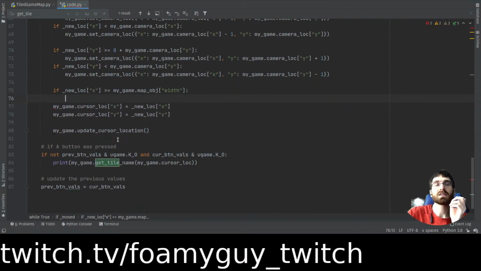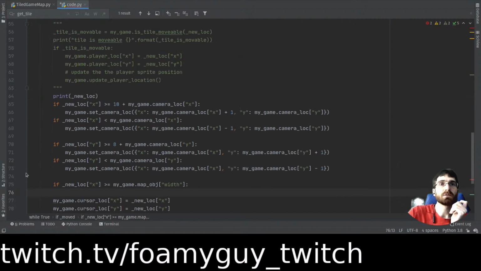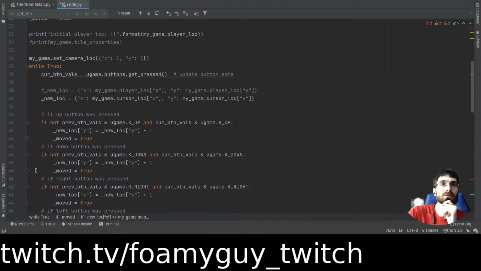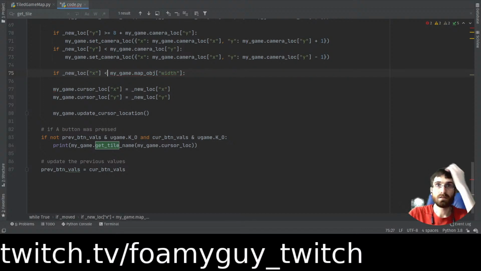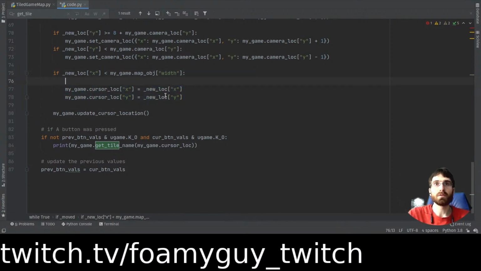Can we pass? Does that work? Pass is only going to pass inside. Can we return? Or continue? I think we should structure this the other way. We should say if it's less than the width, then we will do these things. And we'll also say and